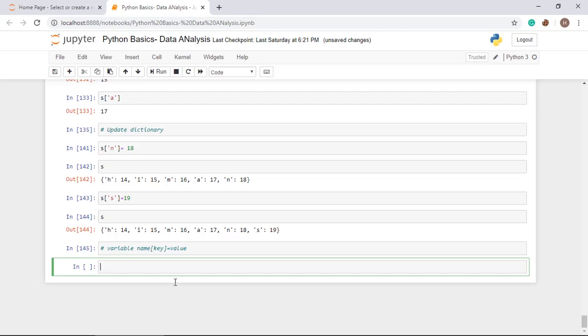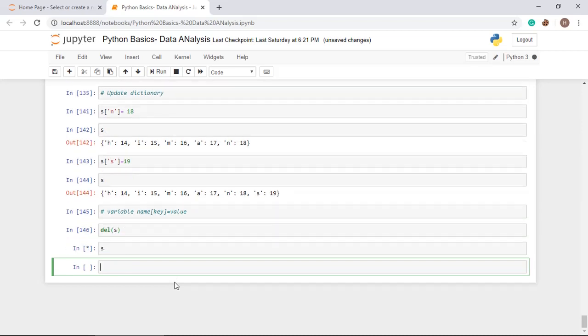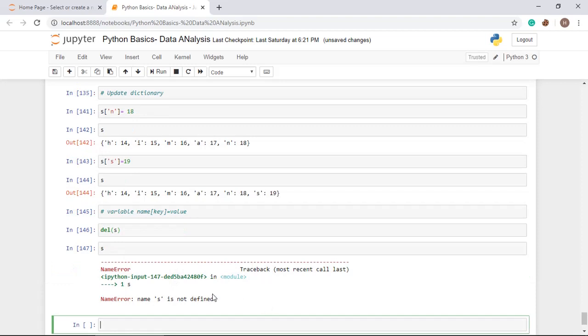Now how to delete from the dictionary? For that you have to use the del method, so that you can delete the entire dictionary. When you call del and then put S, it will delete the dictionary S. Now when I call S, it says that S is not defined.